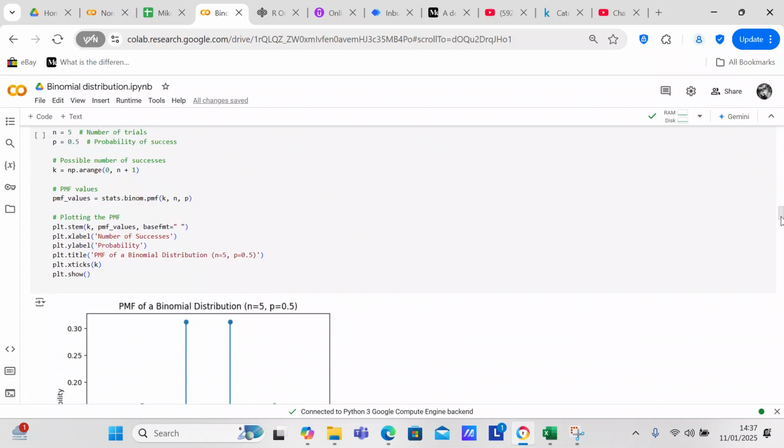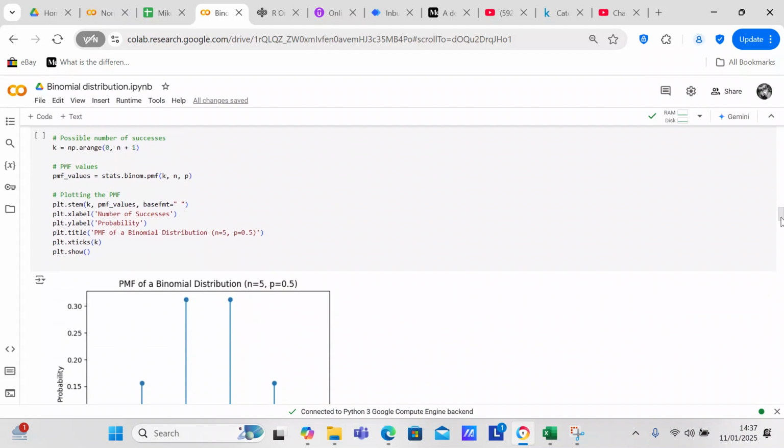PMF values equals stats.binom.pmf. That's your probability mass function, k and p. And then we're going to plot it. So we're going to plot plt.stem, k, comma, PMF values, comma, base format,